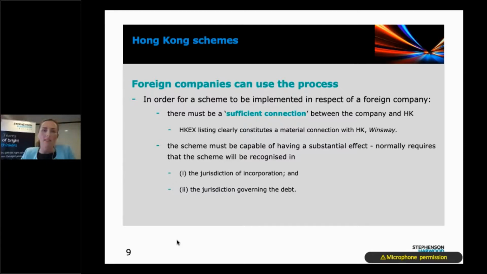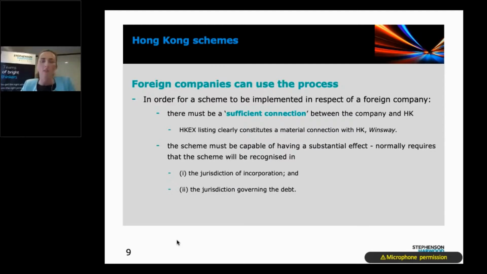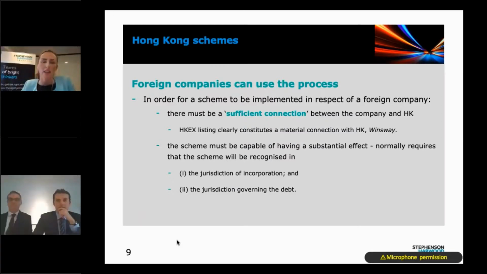They're a very flexible process and can be used in cases involving multiple jurisdictions. That said, they're not cheap, and the business usually needs to be sizable enough to warrant the costs of the professional advisors, legal and financial, that would be involved. We did have some pre-questions about Chapter 11, which we won't discuss in detail given this is a US process, but as a comparison, I would say on the whole, schemes do work out to be considerably cheaper than Chapter 11 process because there's less court involvement.